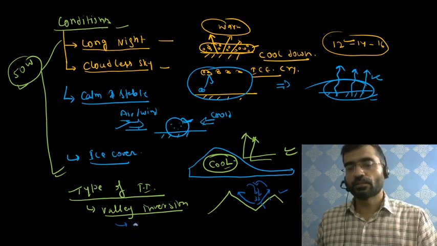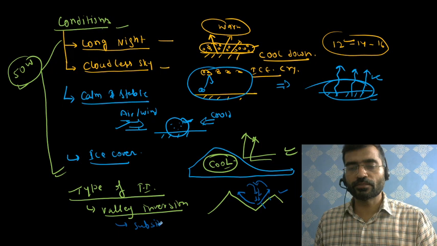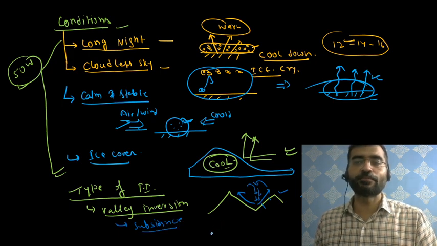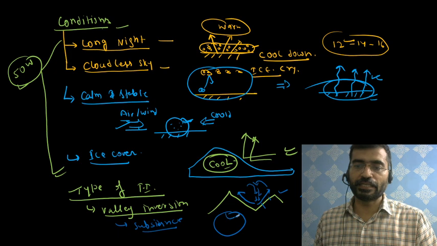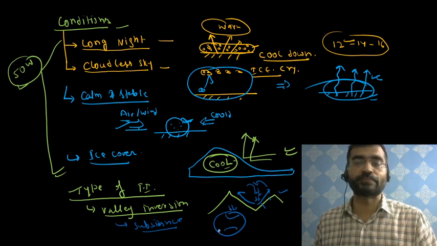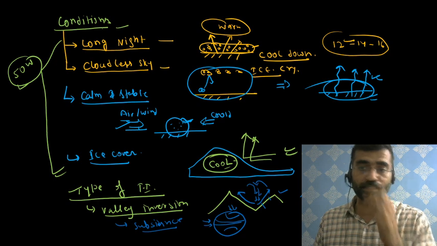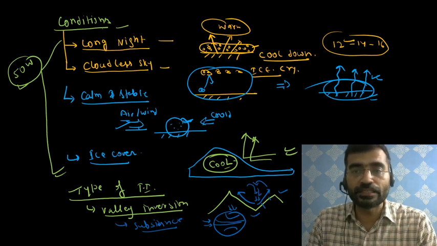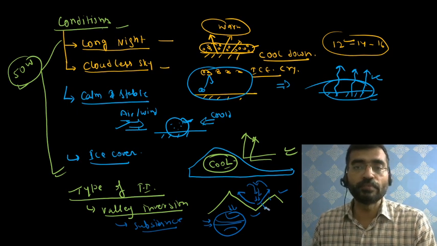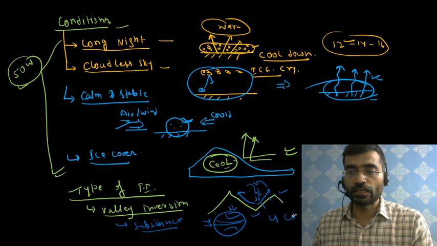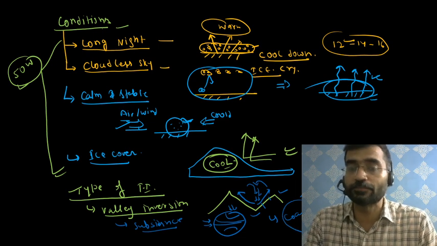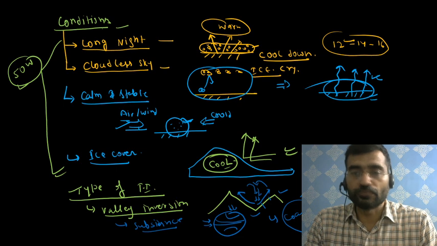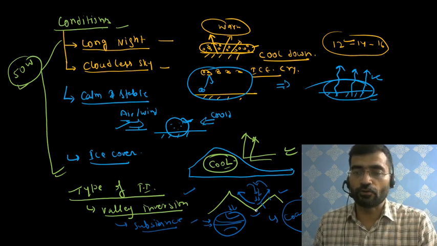Similarly, there is the subsidence inversion. Subsidence inversion, you know very well, takes place where? It takes place in the area of high pressure, like the polar region, which experiences such a subsidence of air. Similarly, our subtropical high pressure belt experiences the subsidence of air. So this way, 2 types. Again, you may write here coastal inversion: the coastal area, due to land breezes and sea breezes, experiences the coastal inversion. So this way you may highlight 4 or 5.